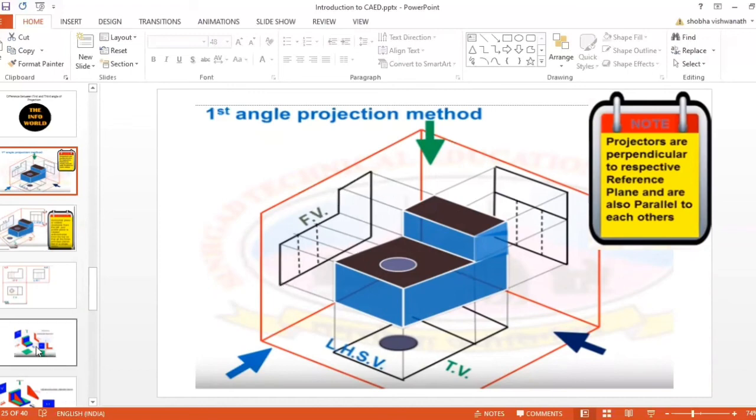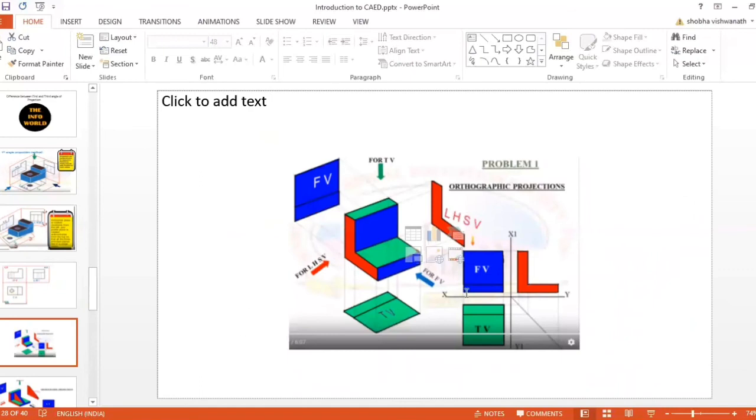Now let us consider one more object. This is another simple object. Here FEV is the front view. You're projecting the front view. This is how you get the front view in the vertical plane. When you see from the top, you will get this view. We can see the green color will be visible in the top view. In the front view, you're going to get this blue color, which you can see only in the front view.